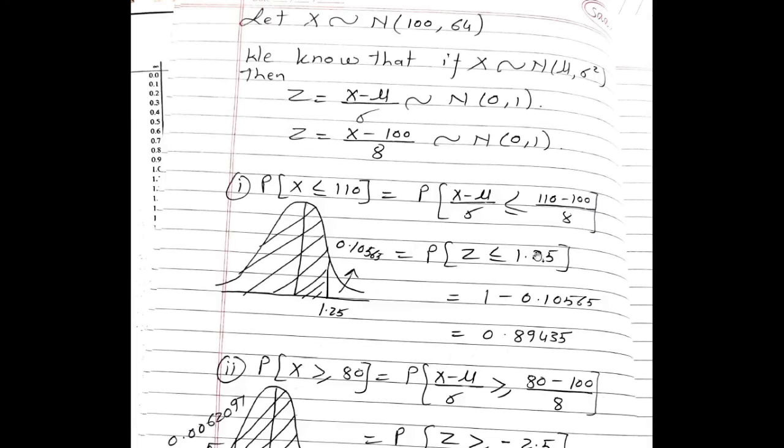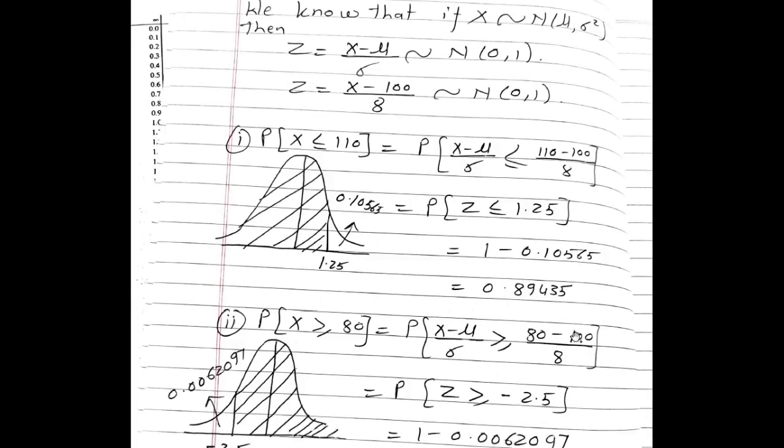Now see the value of 1.2 in the fifth column. First of all, draw the curve. If I write 1.25 on positive side, I want less part. So I will mark the left hand side portion. But the value which I am getting is the tail part of the curve. So this blank portion probability is 0.10565, which we don't want. So which is equal to 1 minus 0.10565. So the answer is 0.89435.